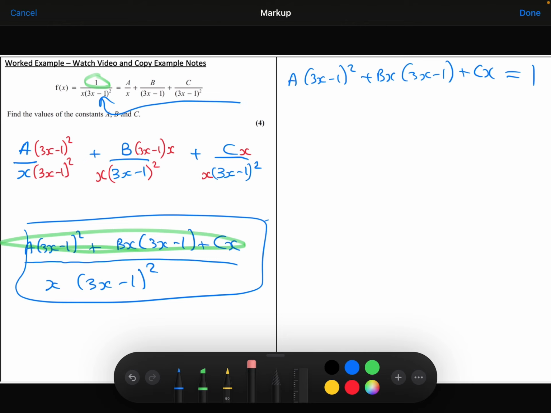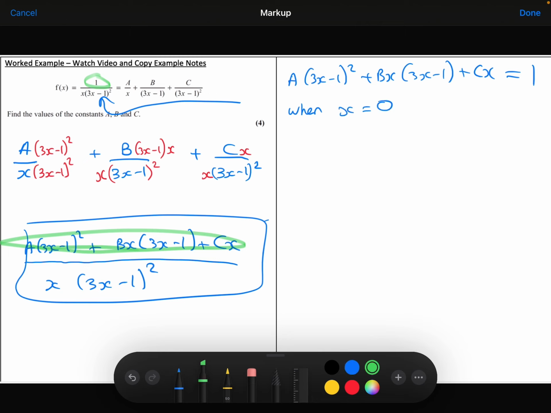There are several different ways you can do this. I am going to use a substitution because I noticed that if I let x be 0, if I consider the special case when x is 0, then this term here would be 0. Therefore, all of this would be 0, and I wouldn't need to worry about the b, and I'd be able to work out the a easily. Also notice that if x is 0, this term is 0. So because I've got an x here and here, I can just say when x equals 0,